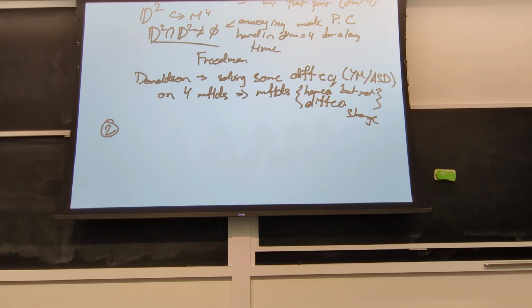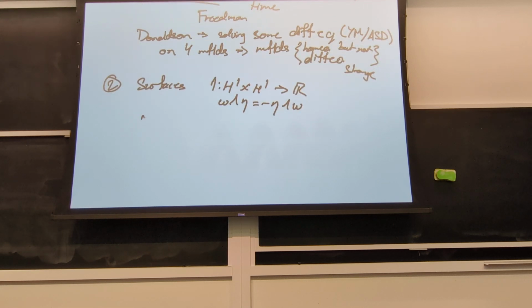Additional application 2 is surfaces. You also have a pairing on H1 in a similar fashion, except this one is antisymmetric. And so what this does is it induces what's called a symplectic form on H1,